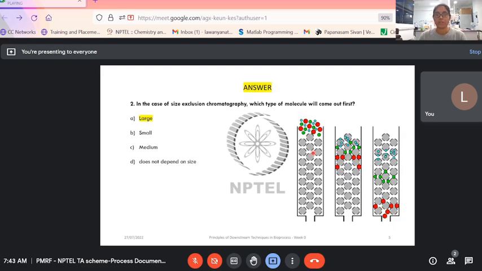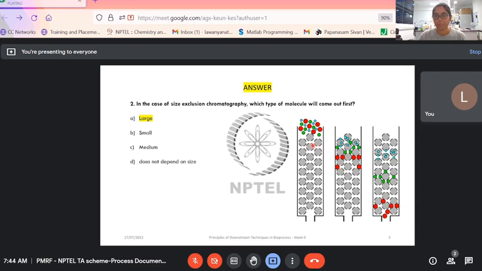Size exclusion chromatography works on the principle of having beads of a specific polymer which has a cutoff of pore size. When a solution or a mixture goes into the column, it is composed of molecules of different sizes. The larger molecules cannot enter into the pores of these beads, or the gel permeation chromatography gel beads, which will not be able to take in the molecules that are bigger than the pore size. So these red molecules that look bigger are going to pass through the interstitial space, the void volume between the beads,